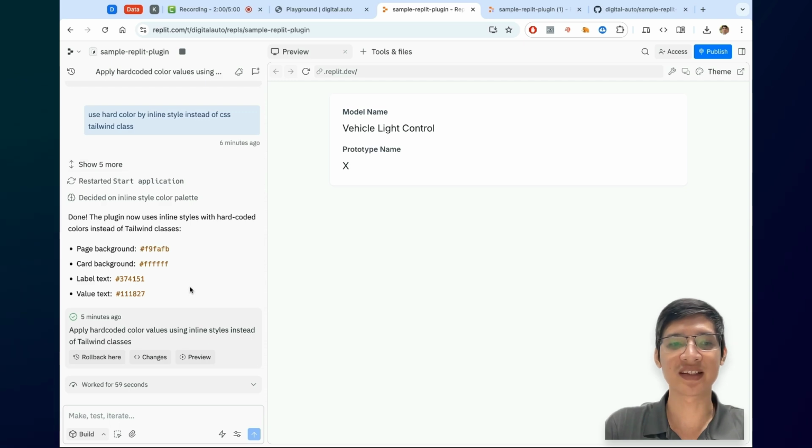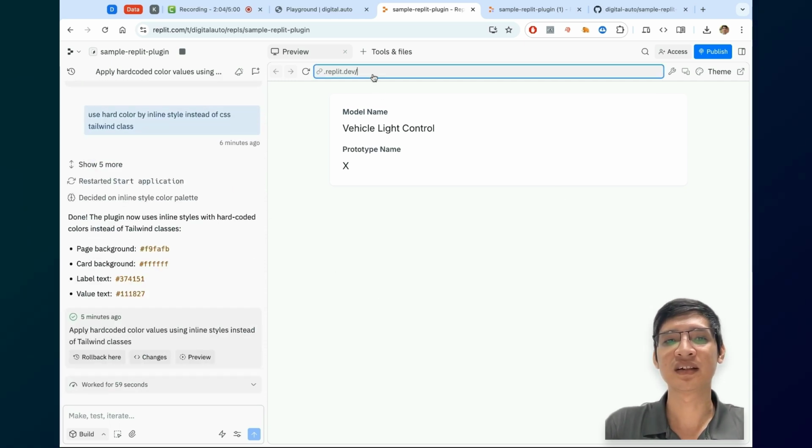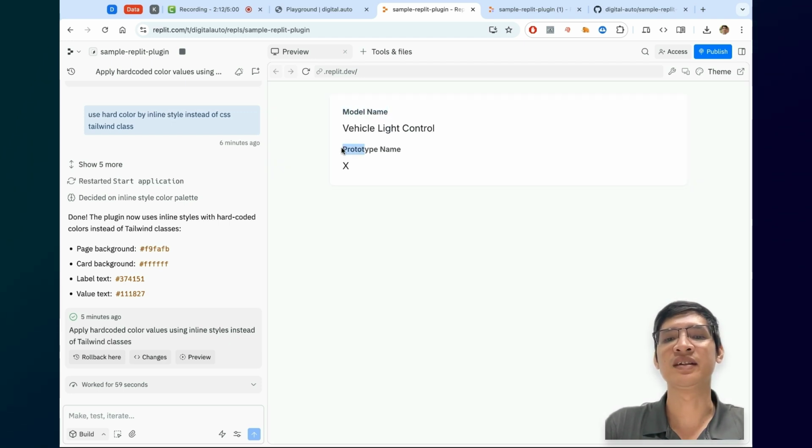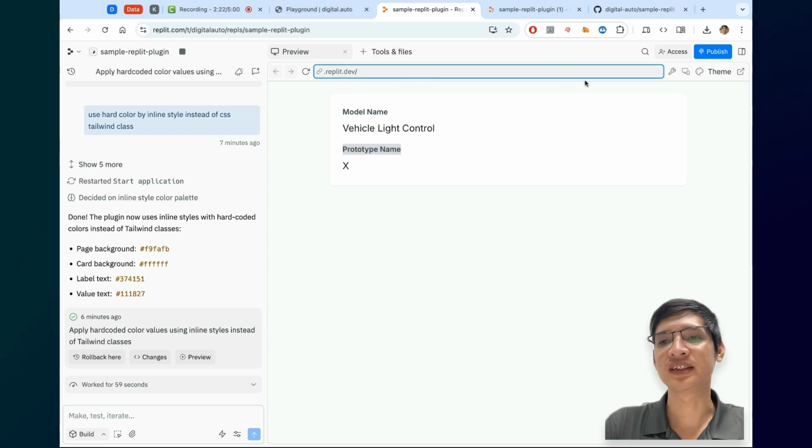a project like this. And when you have a project like this, you can go to preview, and in the preview it will show you the user interface that has the model name and the prototype name. It's a mockup. First, let's do the integration of this UI with the playground. First, click on this and you can